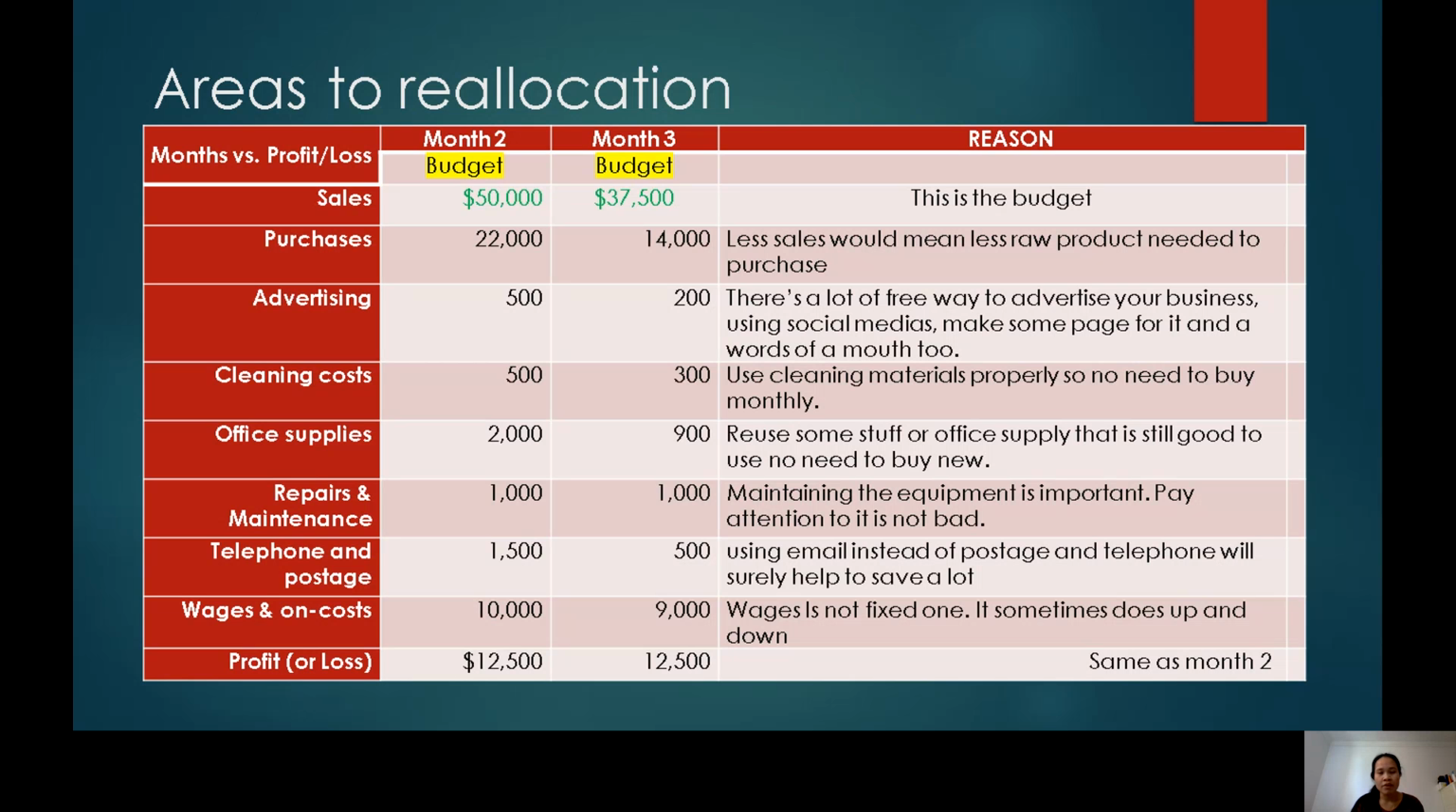Advertising was 500 and we make it 2,200 in month 3, because there are a lot of free ways to advertise your business using social media. Make a page or web page for it, and word of mouth is also a good one. When your business is doing well and you have a customer who likes your service or product, they tell their neighbors and family, so the family and neighbors will come to your business or try your business. So that's a good